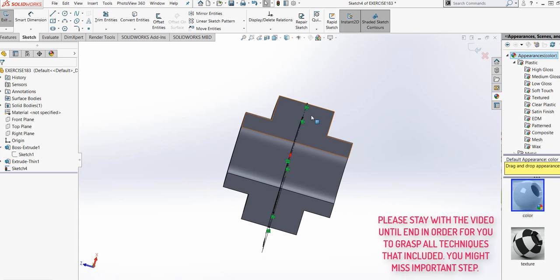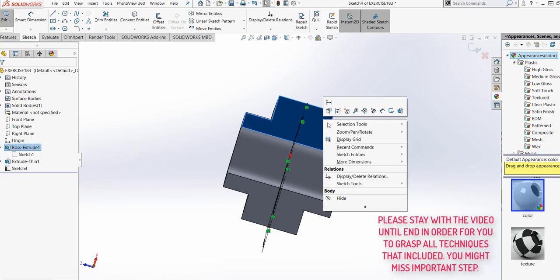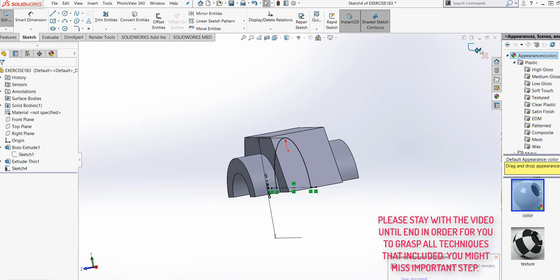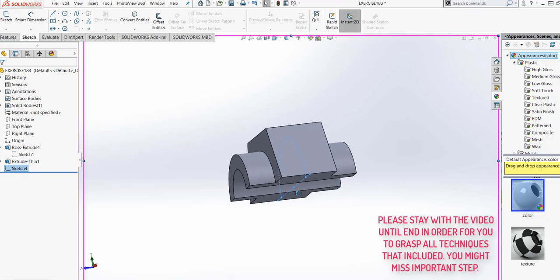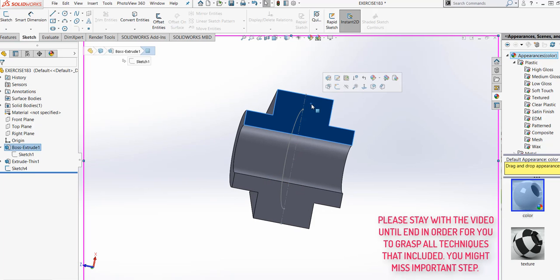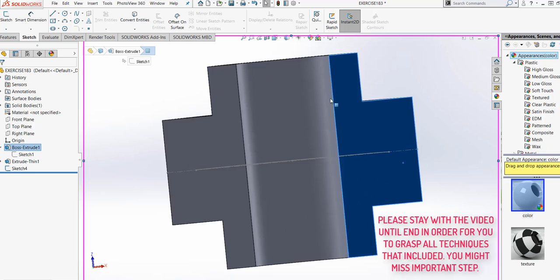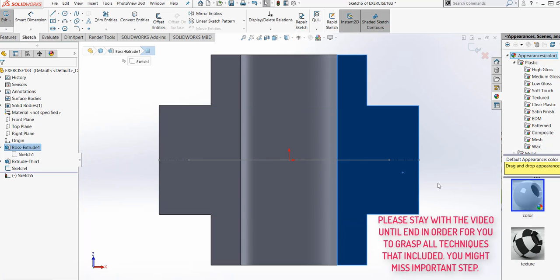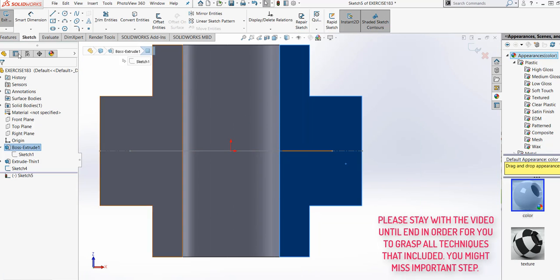And then I wanted to draw a line. Oops. Let's get out of the sketch first, of sketch 4. So let's go normal to and draw a line on a sketch. Okay.